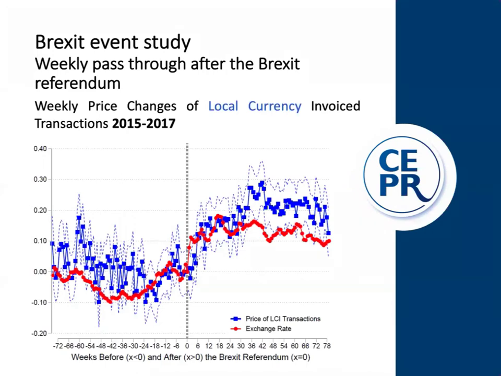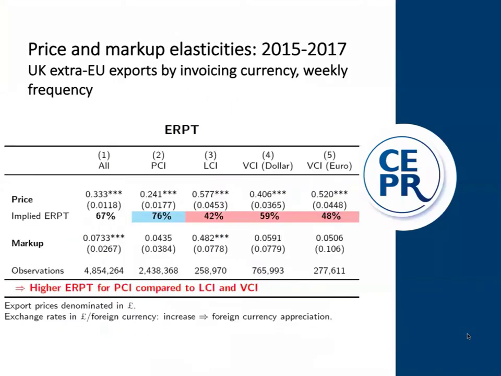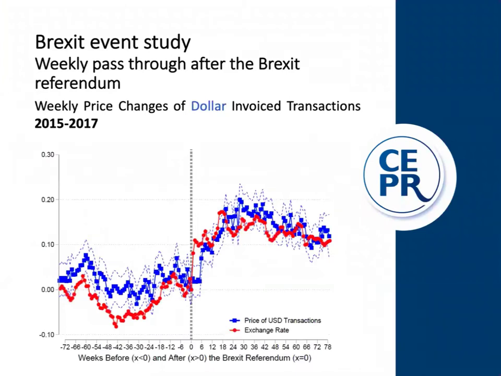And so finally, if we move to the next figure, oops, let's go back to the one more figure. Okay, so here we see for the same picture, the evolution of prices that are invoiced in US dollars. Here, the general time trend looks very similar to that for goods that are invoiced in the local currency of foreign destinations. In the first 4 weeks after Brexit, there's not much movement. The first few blue dots stay stable. But then we see in sterling terms, the price of these export goods that are invoiced in dollars move almost one-to-one with the exchange rate. This looks like complete pass-through.